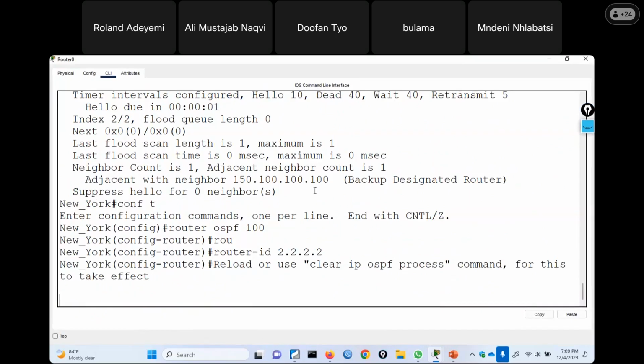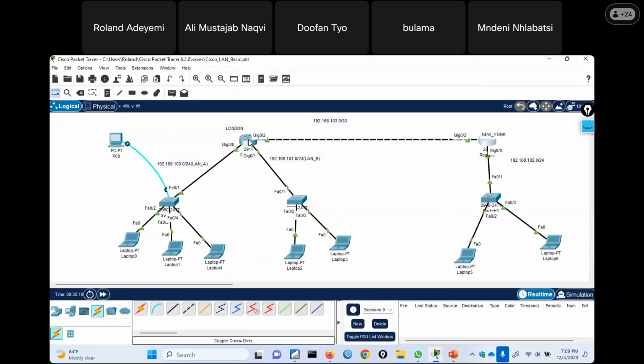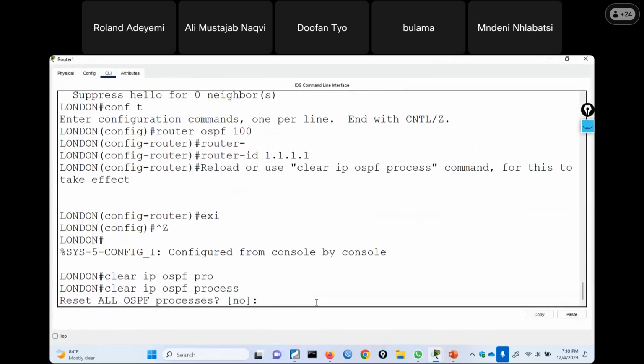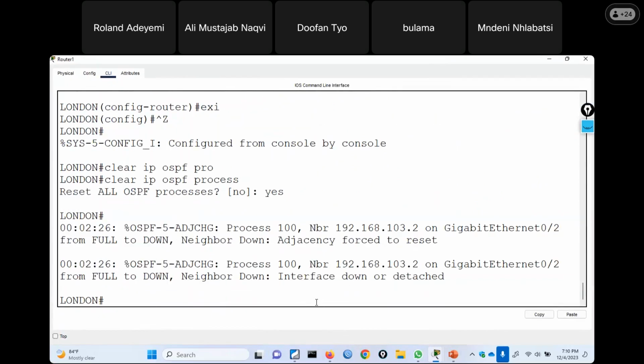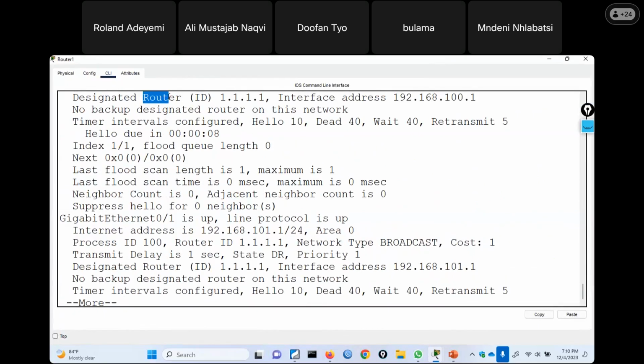It will tell me to reset. I can just reset on one side, it will work. Instead of doing that, reset on both sides. So if I reset this right now, reset all those OSPF, I say yes. So now you see that command again, show IP OSPF interface. What did you see here? The router ID is